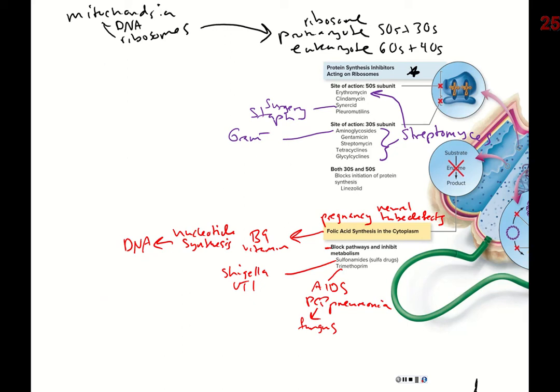And then I definitely want you to know tetracycline. That's a really, really common one. So some stuff to know about it. It is a broad spectrum. It's the most broad spectrum that was on our list. So it's very broad,